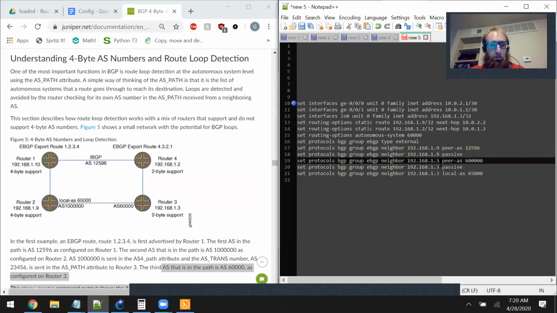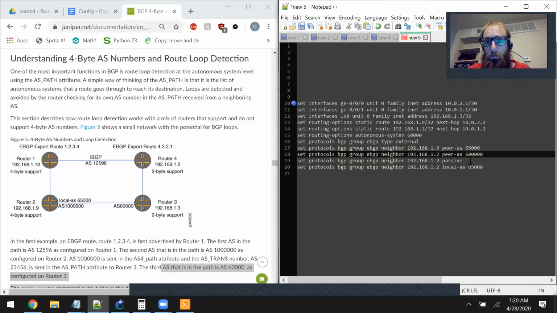It looks like we would have had the same problem though, because this hasn't been changed to point to router 2. Looks like the pure AS also hasn't been changed. So it's going to point to router 9, yes, but the pure AS is going to be 65,000. It's not going to be passive since it's an odd number router. Then it's going to have a connection to router 2, or sorry, router 4, which ends in .2, of course,